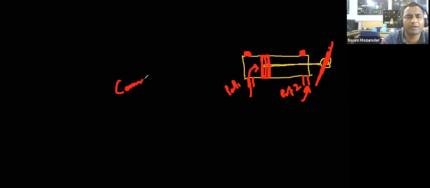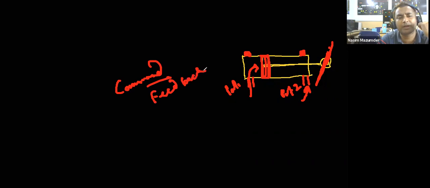PLC. Because suppose you have given a command, or suppose it is a delivery damper of an industrial fan, and you have given the command on. Now whether it is on or off, how will you know that? So there are two parts. One is the command part. You have to give some command to open or close this power cylinder, and another part is the feedback part. You need some feedback from the field so that you can know the exact position of this piston.